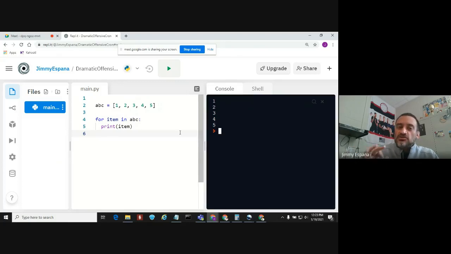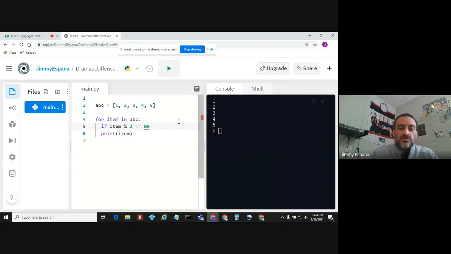Now let's add extra complexity into this situation. I only want to print the numbers if the number is divisible by 2, in other words, an even number. So what we can actually do here is put an if statement, like we learned just previously. And if the item that we're currently looking at is mod, modulo is an operator in math, and even in programming languages, that we mod 2. So if it's divisible by 2, and the result of that is equal to 0,